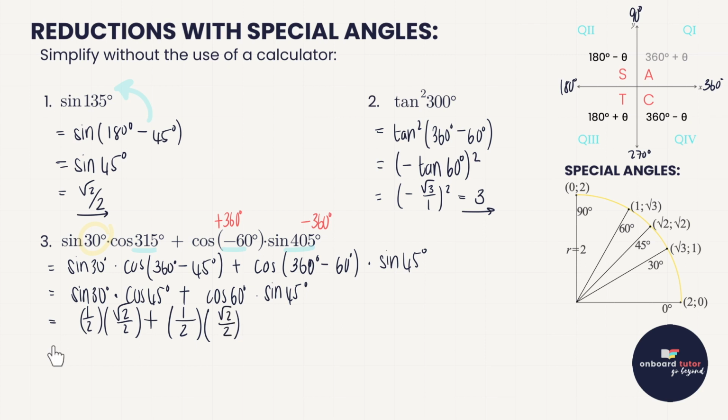So that's going to give us root 2 over 4 plus root 2 over 4, which becomes 2 root 2 over 4, and that can actually simplify. 2 goes into 2 once and into 4 twice, so we end up there with a nice little answer of